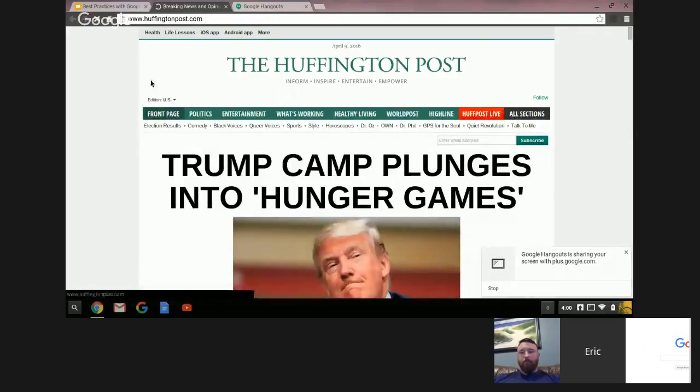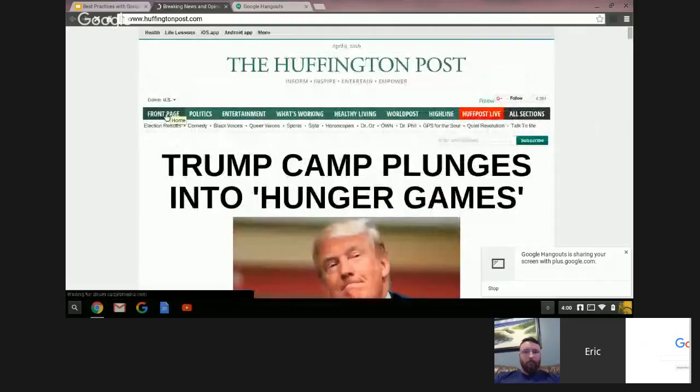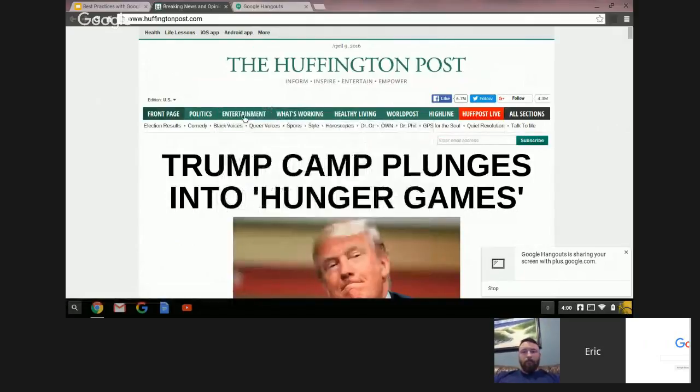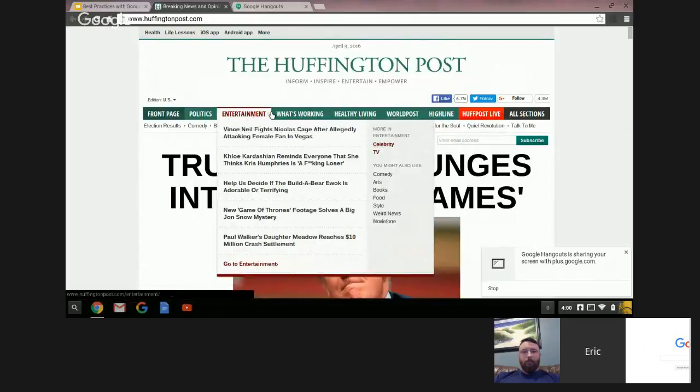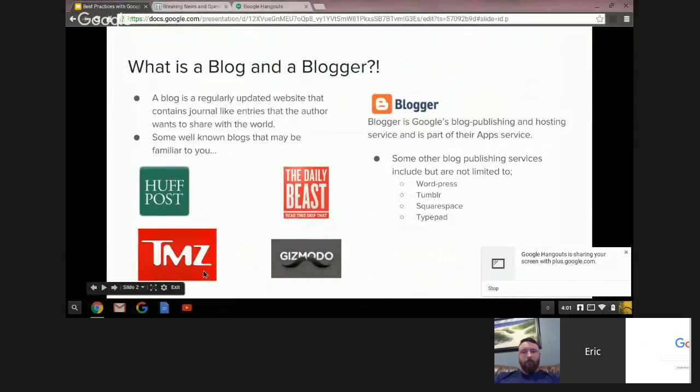You can see this looks very similar to any other news website you may use. You've got a front page, links to different sections of the blog, and if you were to explore this one, you would see they have content from a lot of different areas and a lot of different contributors. Some of them are regular contributors that are employees of the HuffPost, and it's kind of open source, so there are other contributors that write on occasion. Again, some of the others: Daily Beast, TMZ, Gizmodo, and